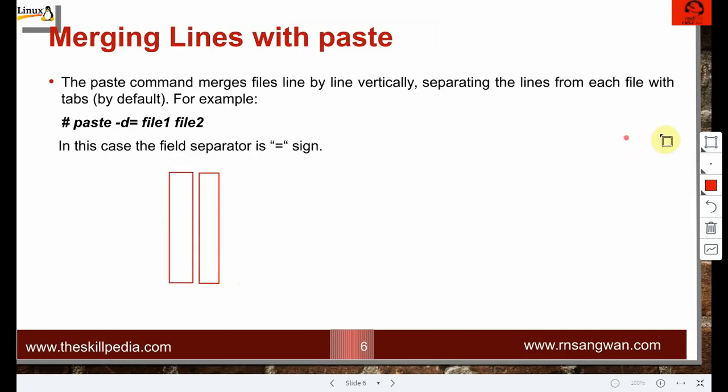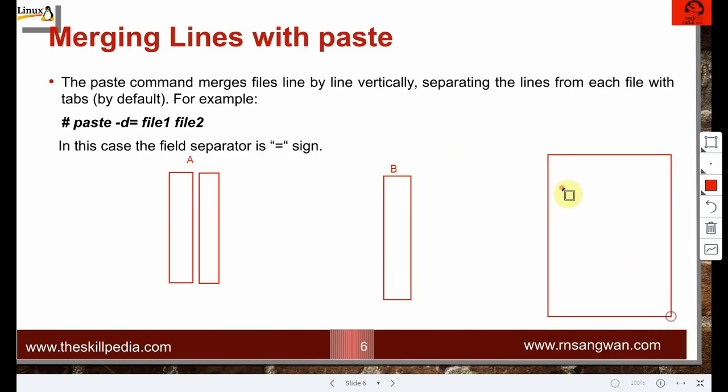This is our file A. We have another file with this column, and this is our file B. Now I want these two files to join, and I want to create a file C wherein I have these three columns: first column, second column, and third column.